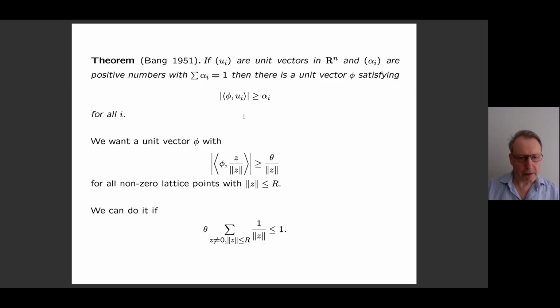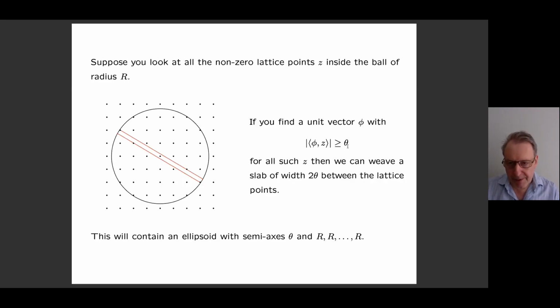It's due to Ball. Now, we want the inner product against each integer lattice point to be big. And of course, those lattice points are not unit vectors. So we have to rescale them. So we look at all the non-zero lattice points z, and then we rescale each one by its length to get a unit vector. And we want the inner product with each of those to be at least theta,